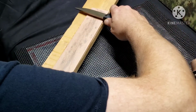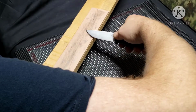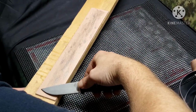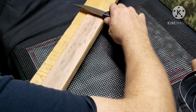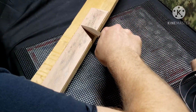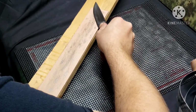Kind of hard to do, all turned around weird the way I am. But this 200,000 grit right here, it really makes the difference. Now when I'm doing this 200, I do kind of move it around and swirl it around a little bit